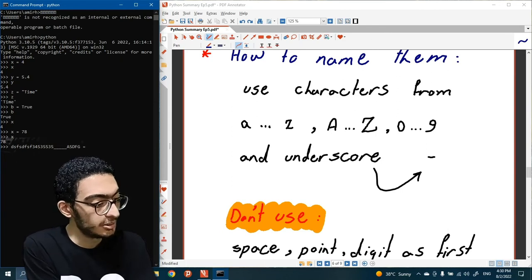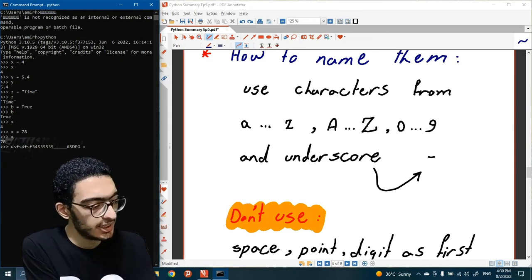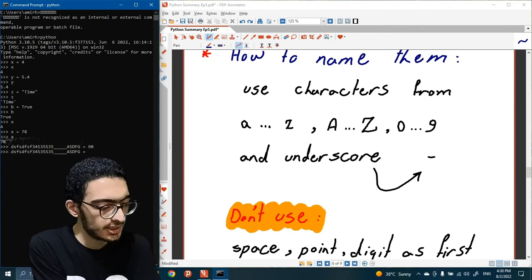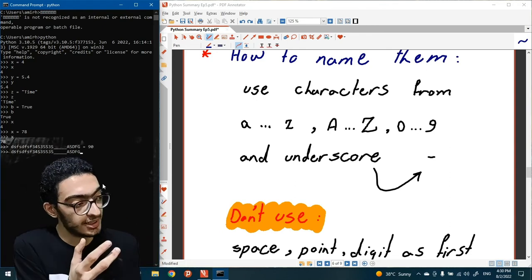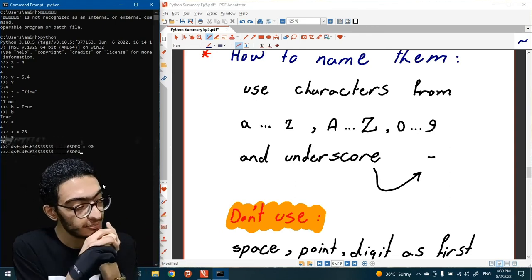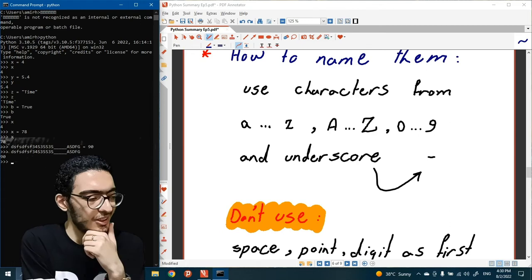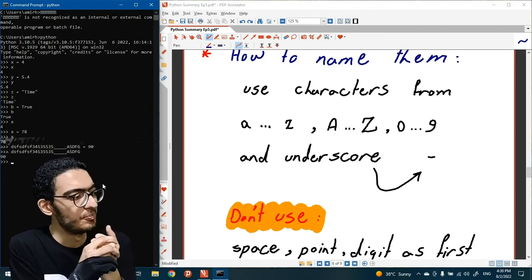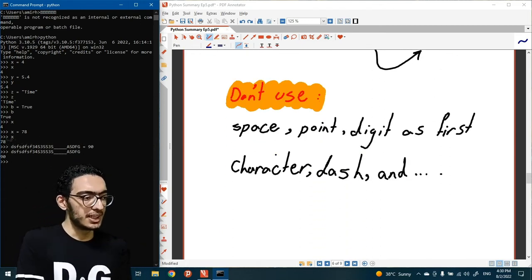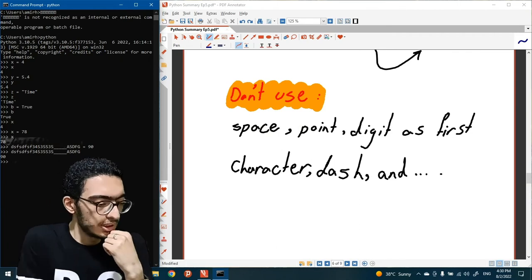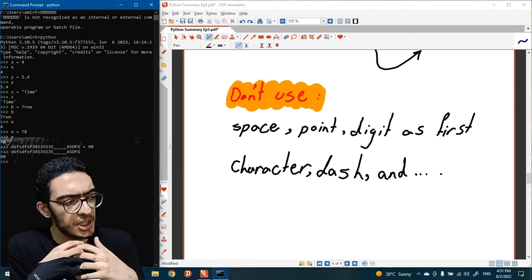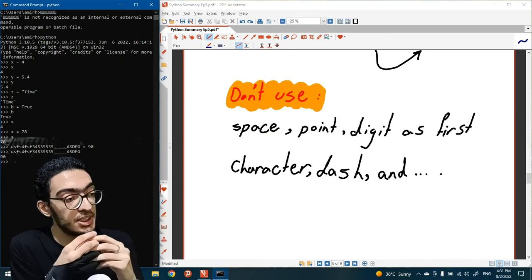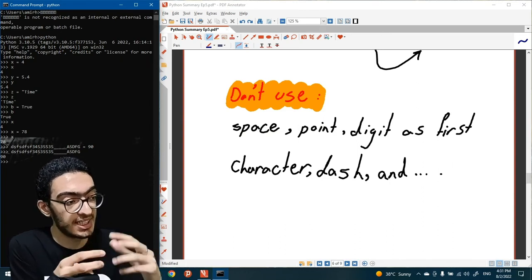And we gave this a value which is 90, and if we call the name of the variable, we get 90. And as I said before, you must not use space, point, digit as first